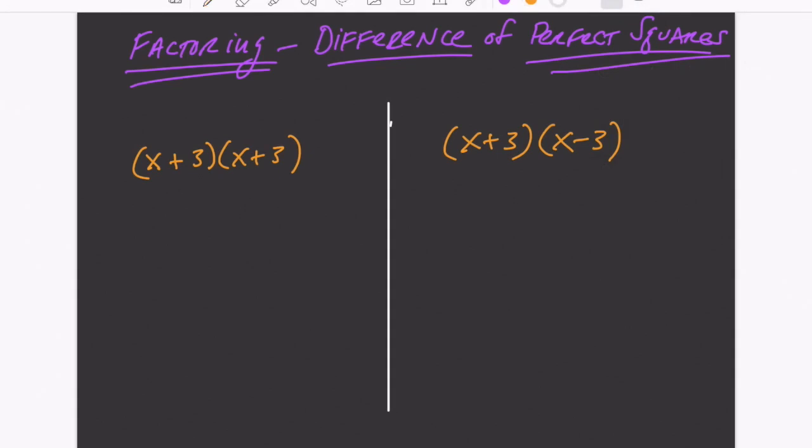So there's one more type of problem that we're going to focus on factoring, and then we'll just mix them all up in our next lesson and make sure that we're ready for all of them. But so it's called difference of perfect squares, and to see what that means, we're going to do these two problems, and you'll see how they end up with different products, different patterns, and again, what we're looking for are